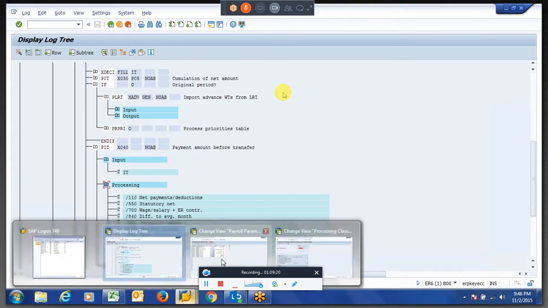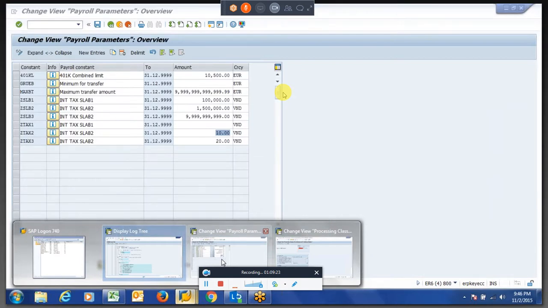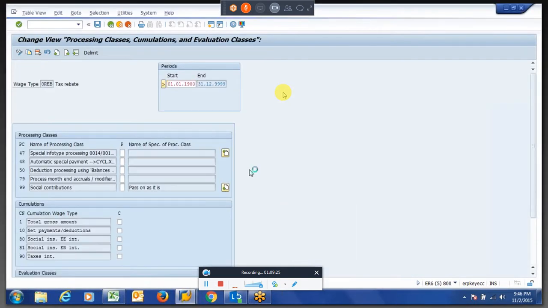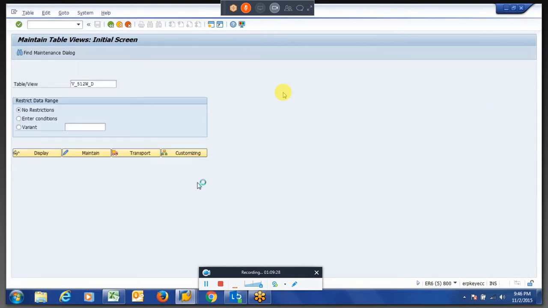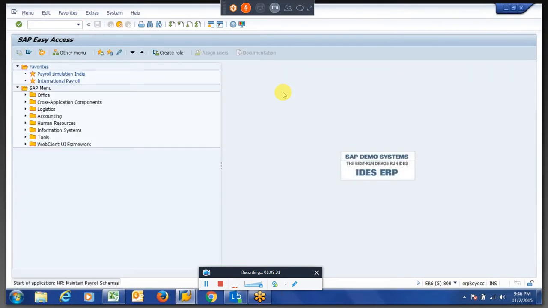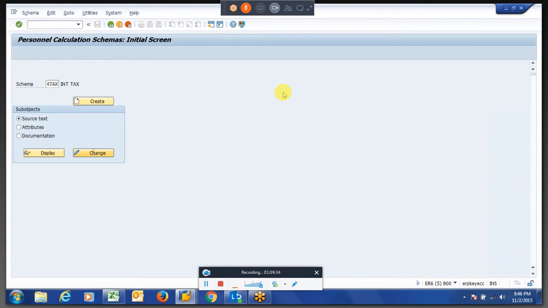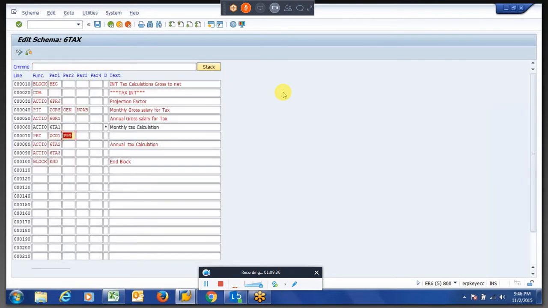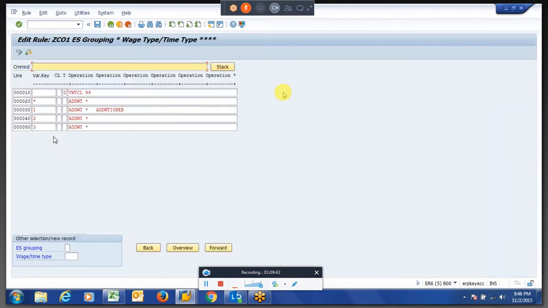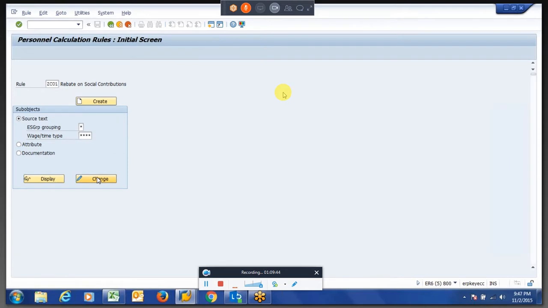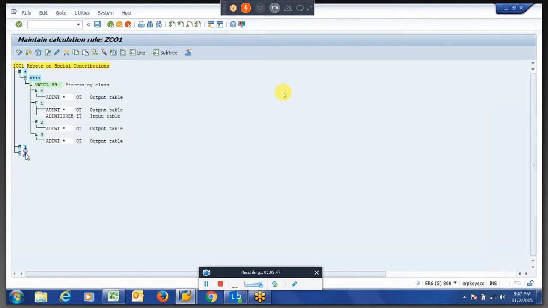The process we created in the PCR is, whenever you are checking with processing class 99, you don't have an option to give Gen and NOAB over here, and this PCR should be based on the PCR grouping. It should not be a single star. It will check 3 in our case. If it is industrial employees, then 1.